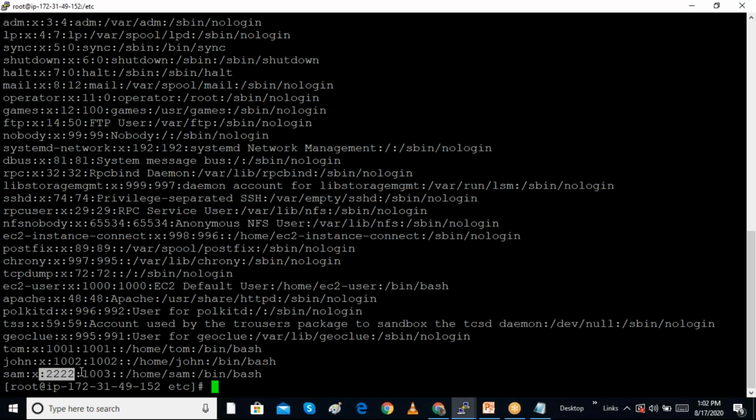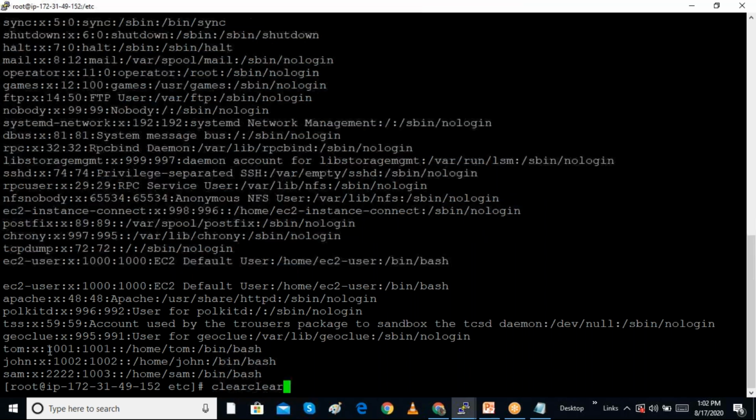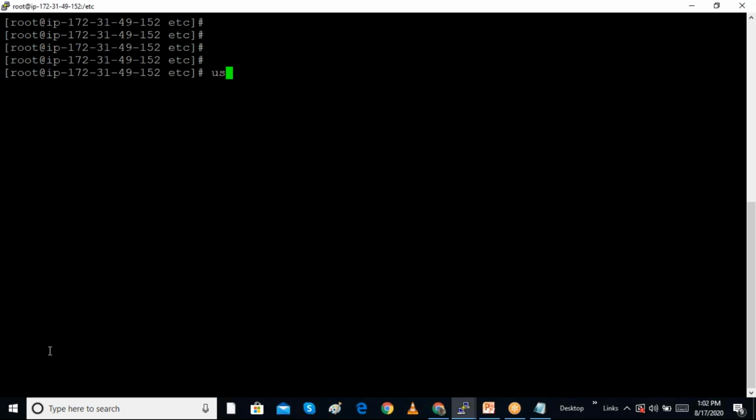He is a member of a group, and the group we can also change by using the usermod command. We want to change the group. For example, I want to make this Tom user a member of the HR group. So I can give the command usermod -g HR Tom. So I want to make this user a member of the HR group. So we can modify the user's group.